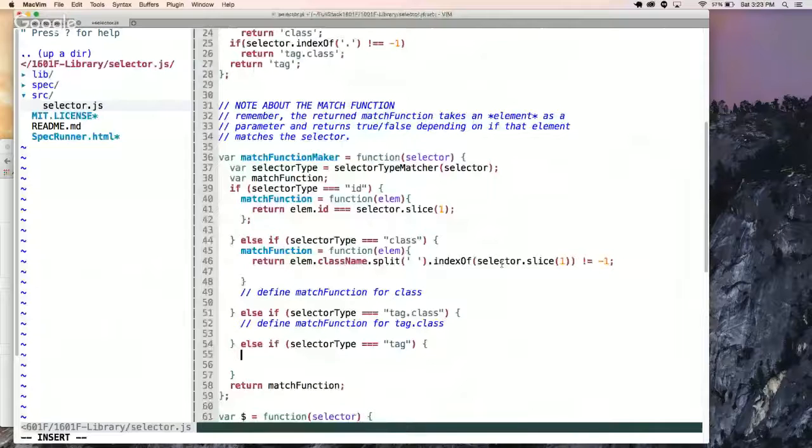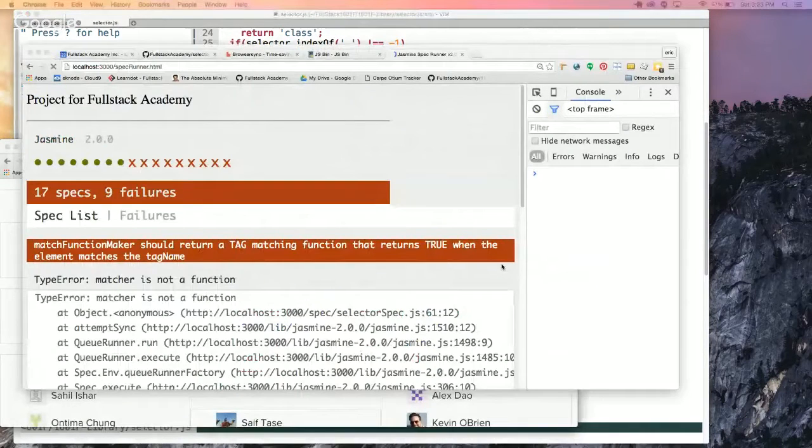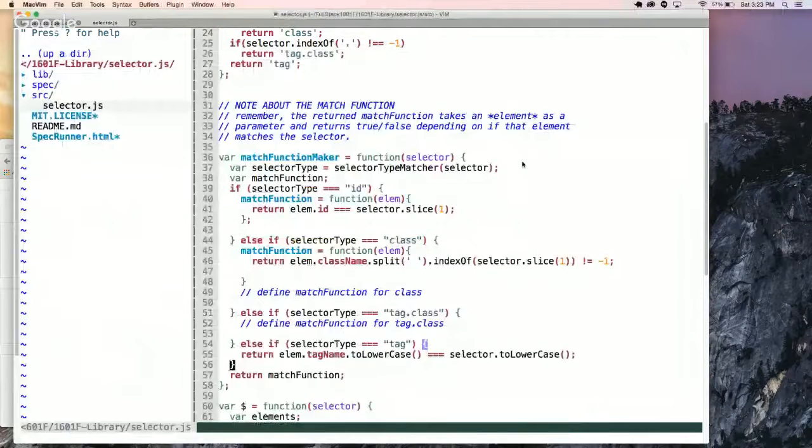So we could do our tag class, or we could actually do our tag, which is going to say, hey, look, take the element. The element only has one tag name. We're going to take the tag name to lowercase. The reason why you do this is that when you ask for the tag name, you get it in uppercase. We'll say, does it equal the selector to lowercase? And if we look, we'll see that our tag, not elem, but element,